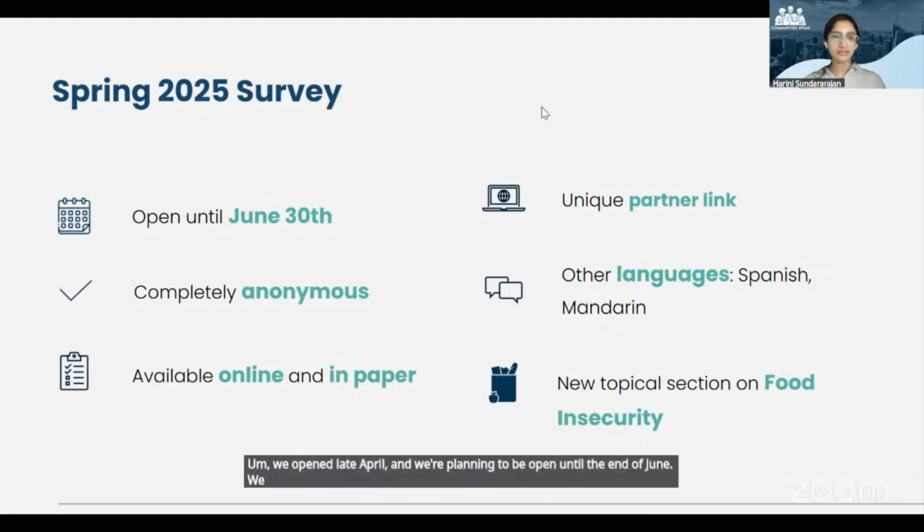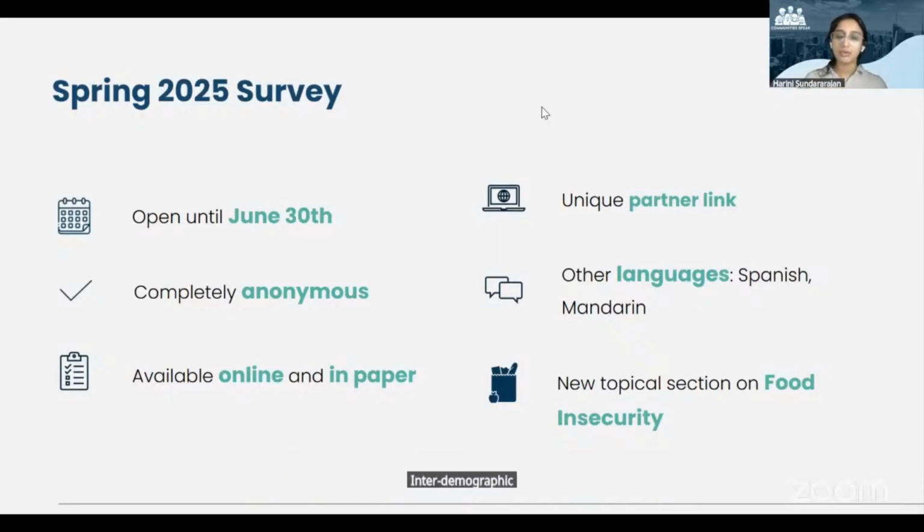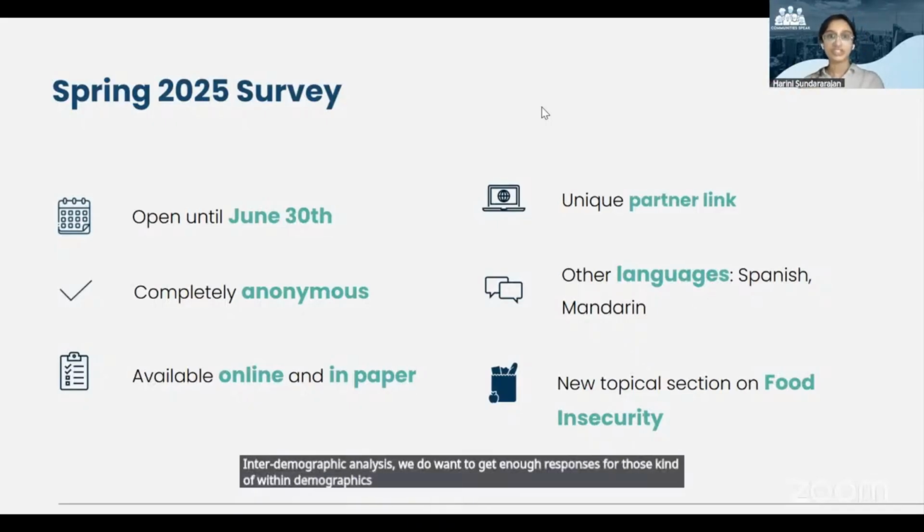We have in the past sometimes extended the survey window just to collect more responses on specific communities that we haven't really found enough responses for, since we really prioritize that kind of interdemographic analysis. We do want to get enough responses within demographics so we can do sufficient analysis on them. So there have been times where we've extended that window, but as of right now, we're open until June